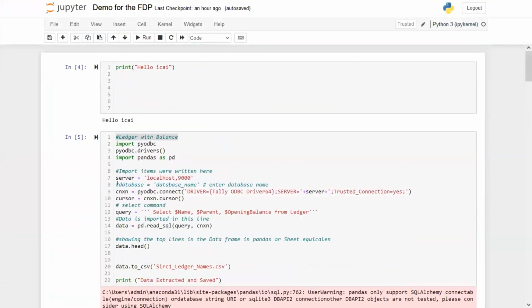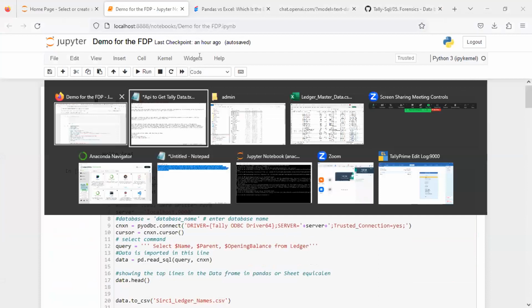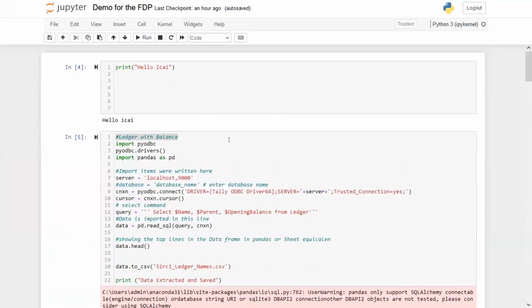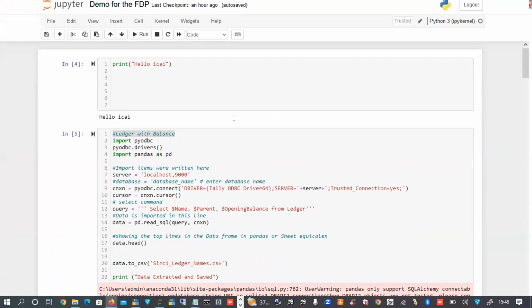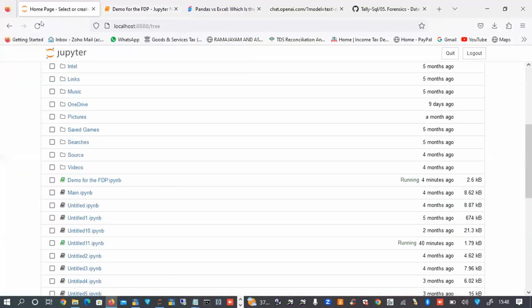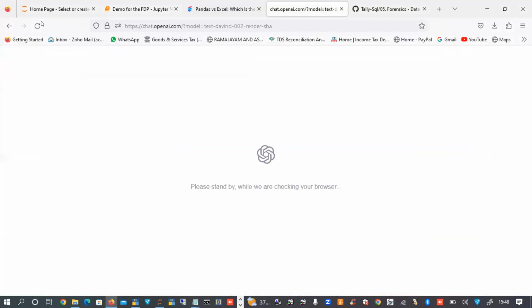Sir, initially, this whole website, I don't know how many of you are utilizing it, called gscauditor.in.